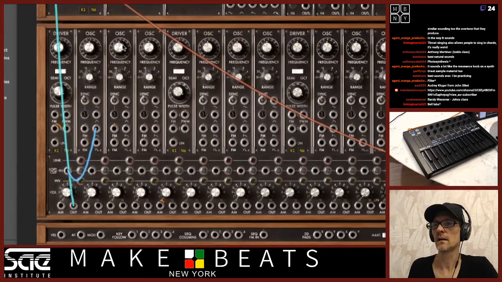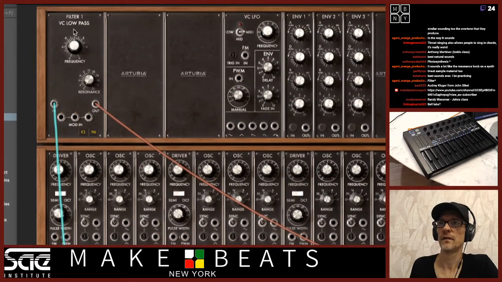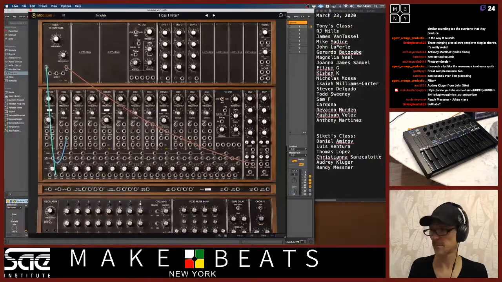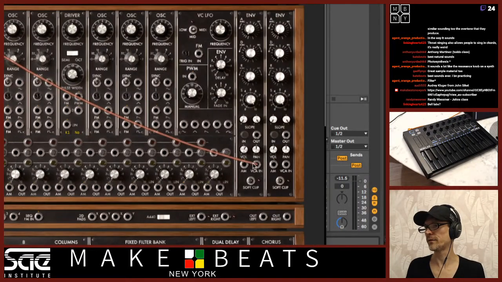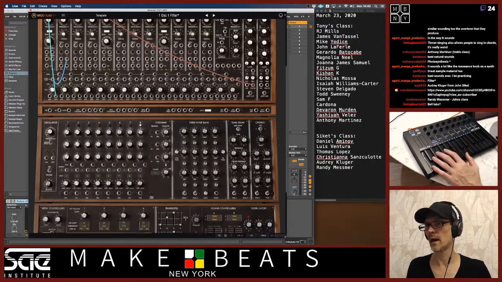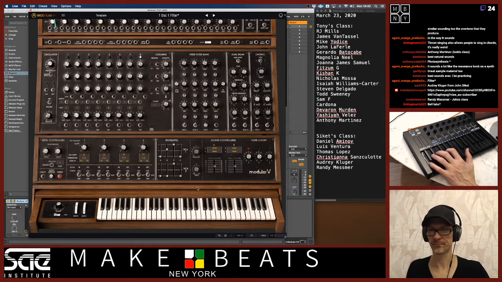The oscillator is going into this mixer thing, and from the mixer it's going into my low-pass filter, and the low-pass filter is going over to this envelope for my amplifier. And this is going out to just my speakers. There's no other cables. There's a keyboard down here on the bottom, but that's about it.